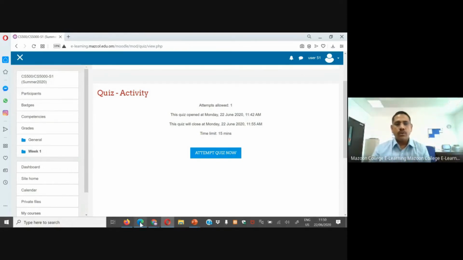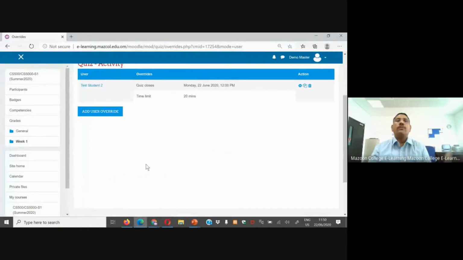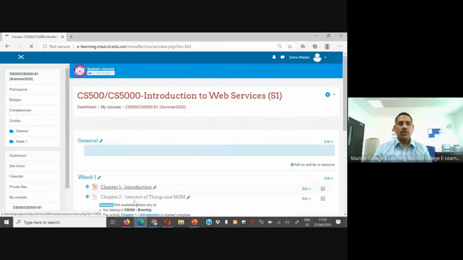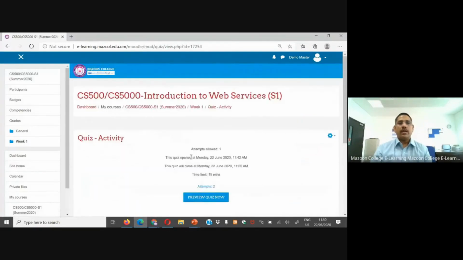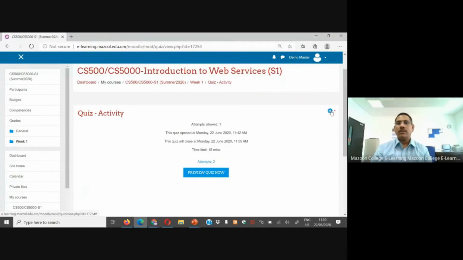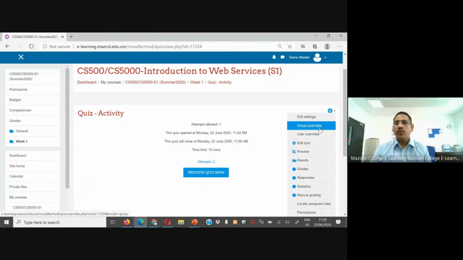How to do this for a group of students? This is another thing, either a specific student or a group of students. Now go here, take this one, same process. Now this is a teacher view. There is one more option, group overrides.